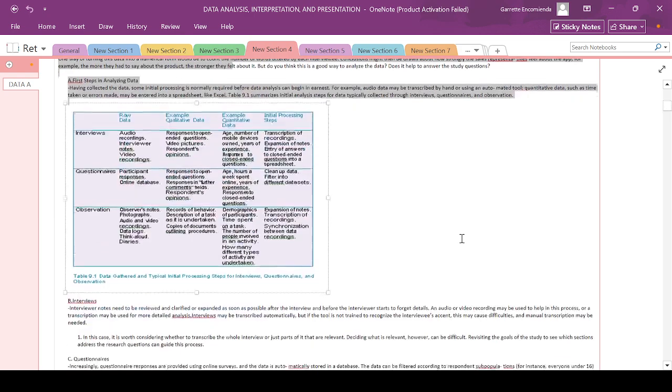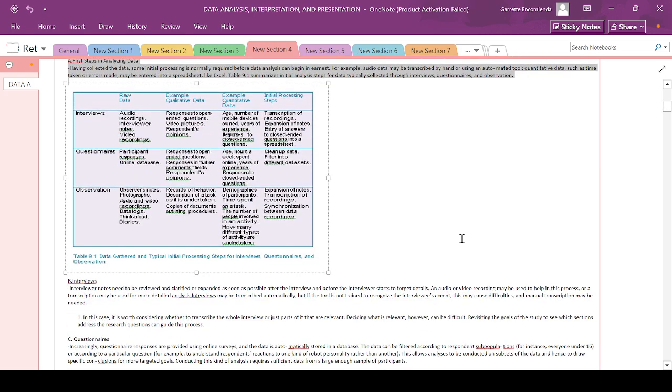Questionnaires. Raw data: participant responses, online database. Responses to open-ended questions, responses in further comments fields, respondent opinions. Example quantitative data: age, hours a week spent online, years of experience, respondent responses to close-ended questions. Initial processing: clean up data,